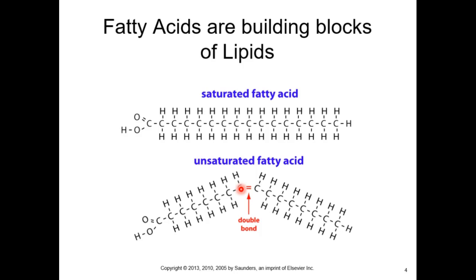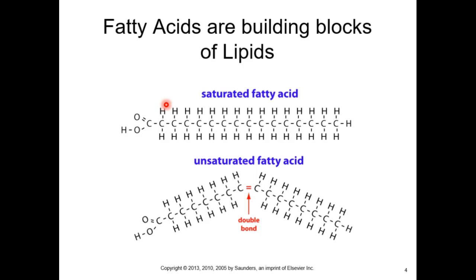Yes? How come coconut oil is considered so good for you, but it's also saturated? Excellent question. Coconut oil is a saturated fat, or at least it's 51% made of saturated fats, so we'll consider it a saturated fat. It's also medium chain fatty acids, so these chains are shorter. And what we say is the bioavailability of that as an energy source is higher than it is if the chain is longer, which is not at all what people are being taught in the general public about it.